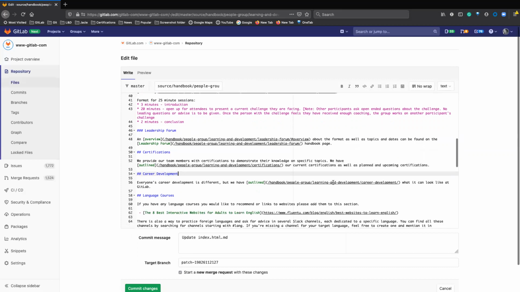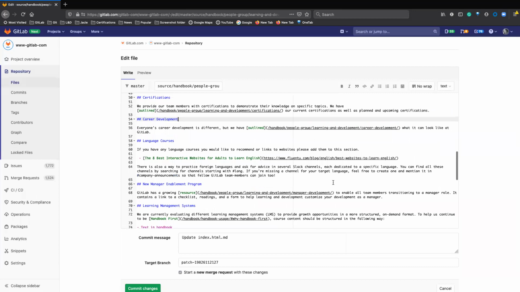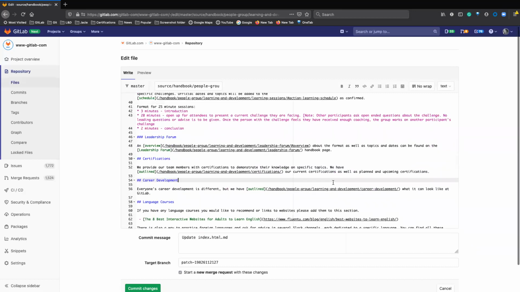So we just updated a few words. And I think that's all we're going to update in this merge request. So if you see a typo or something, you can click that edit this page button and just update it this way. So for the commit message, you can just put update